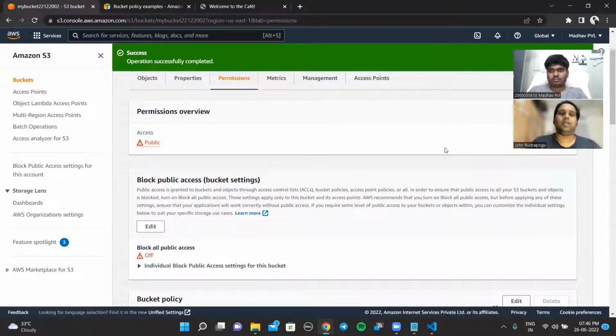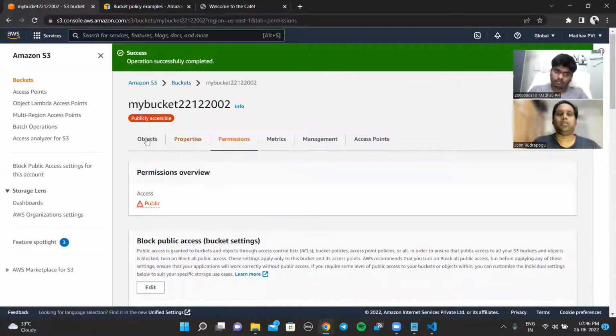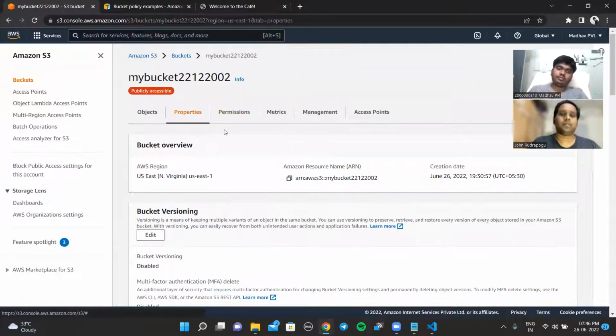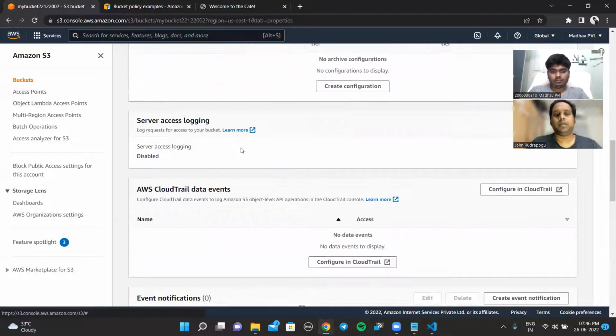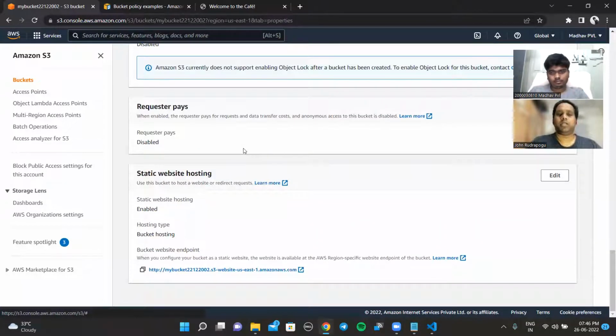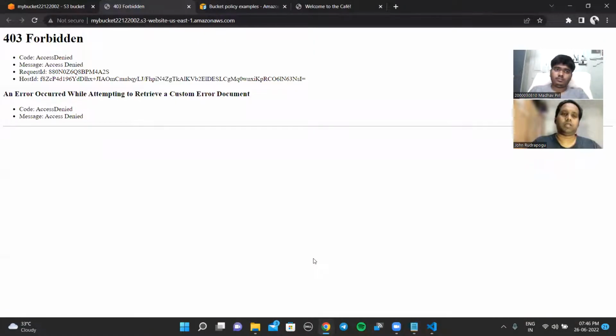Then let's go back and go to properties. Go all the way down, and let's check to see if our website is available. Click on the URL and let's see if it's available. See, now we don't have access because we deleted the permission. Now, in order for us to make this URL work again,